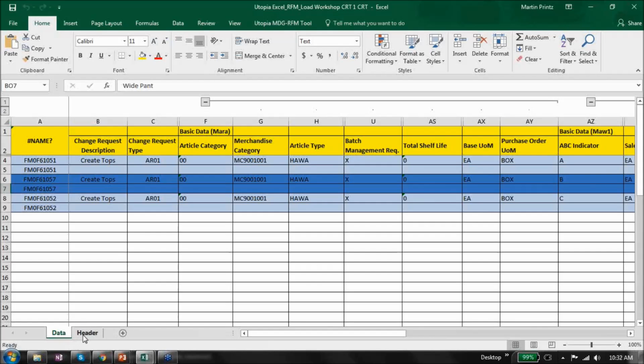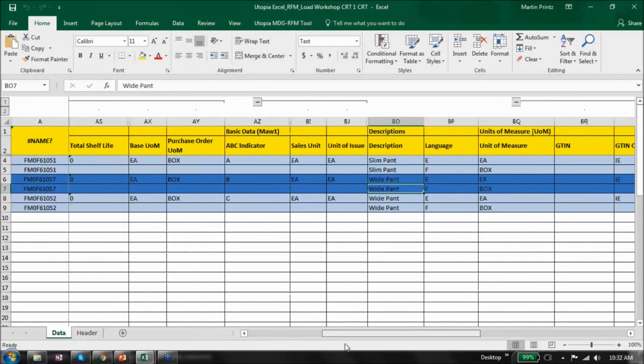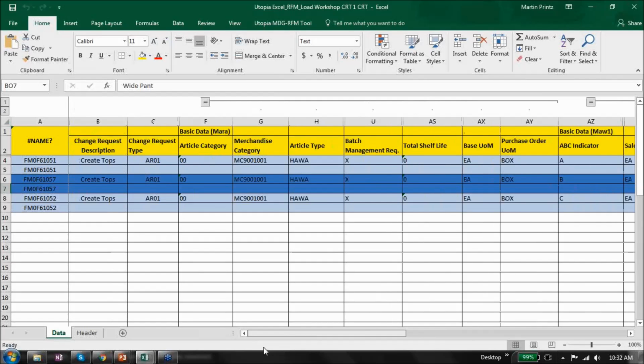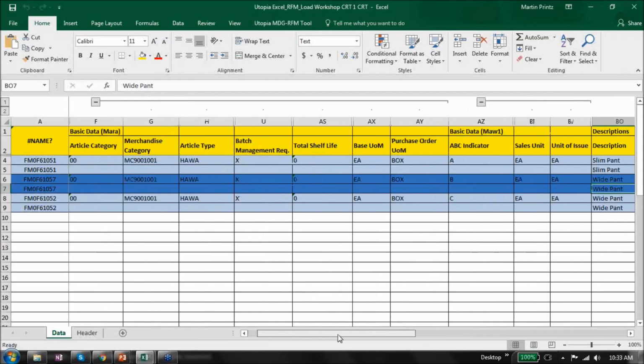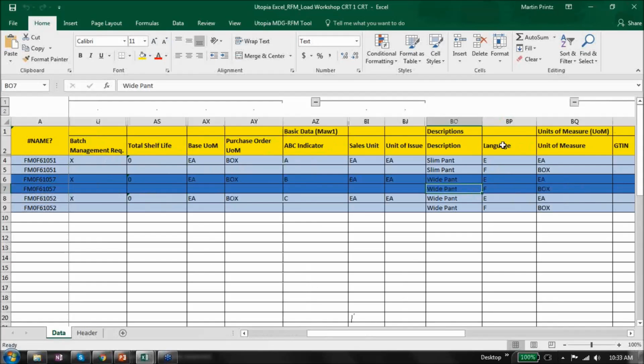It consists of two tabs, a data tab and a header tab. In the data tab, I have all my data maintained here, and as you see here, you can hide the columns that you don't want the business to see. So you can have the business or your vendors look straight into this template, or you can use the template that you already have, and then simply load it into this by copying the data from one to another. You can do that by having macros, as an example. Now you may notice here that I have the same row twice, and in this case it's because I have two different descriptions or two different languages maintained.